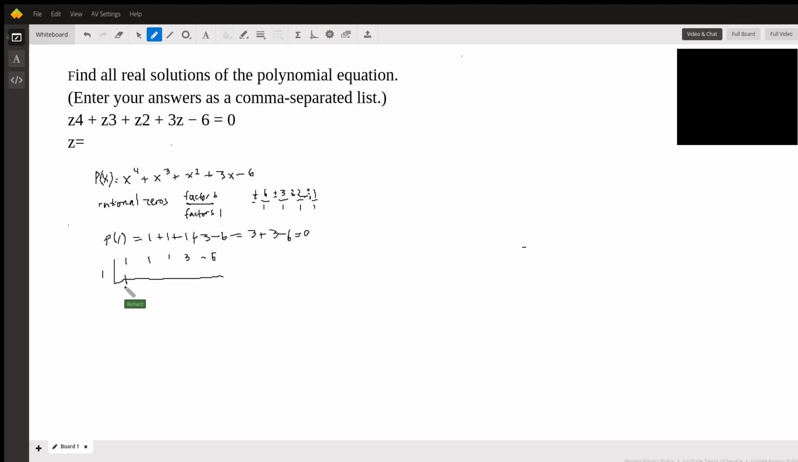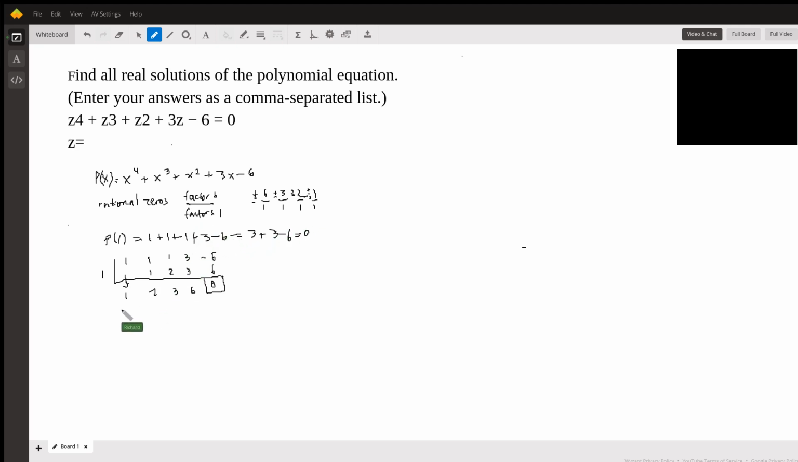So we bring down the 1 here, and 1 times 1 is 1. And then 1 plus 1 is 2, 2 times 1 is 2, 2 plus 1 is 3, 3 times 1 is 3, 3 plus 3 is 6, 6 times 1 is 6, and that gives us what we expect, which is a 0 remainder. Now we'll try plus or minus 2,